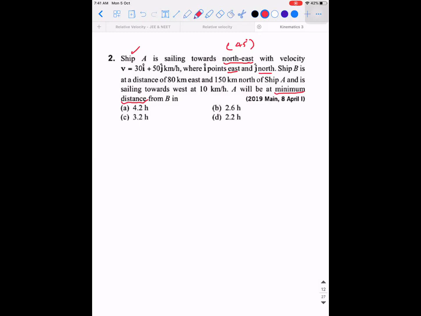Perpendicular distance. Need not be. Yes, perpendicular is one of the cases. You can say perpendicular distance, the minimum distance, provided they both are moving parallel. That is the idea. Because when you have two parallel lines, and I ask you what is the minimum distance, obviously it is going to be the perpendicular distance. But in this case, what are they trying to say? Minimum distance is not possible like that. You cannot take them as parallel because they're completely moving in different directions.